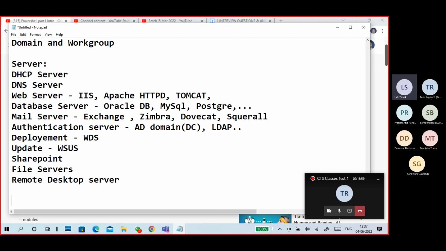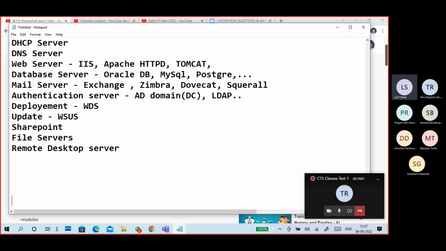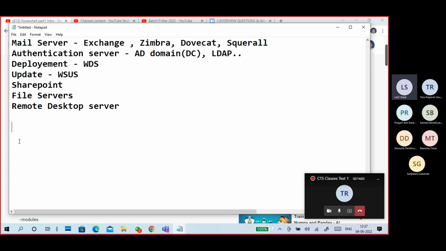Different types of servers are there. Hardware-based servers: what are the hardware-based servers? Tower servers, blade servers, rack servers. Print server is also there.